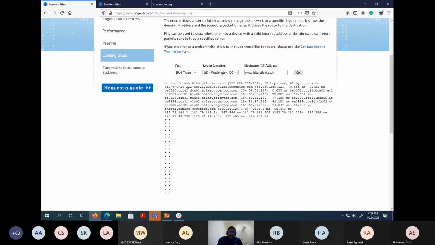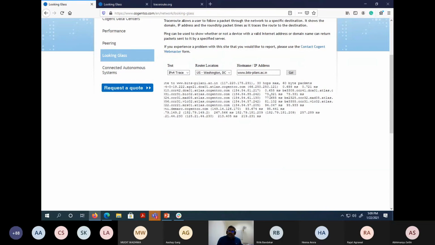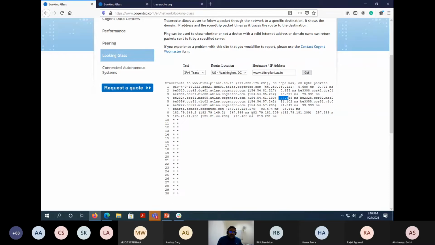So this is the first hop from the Washington DC router towards the Bits Pilani route. This is the first router, this is the name of the router and this is its IP address, and these are the latencies of the three packets, right? So 2 is shown here, third also. Maybe only 2 replied, so it is showing only 2. Then you can see this is the second hop, then the third hop, then the fourth hop, fifth hop, like that. Till the ninth hop it is showing, and still it has not reached